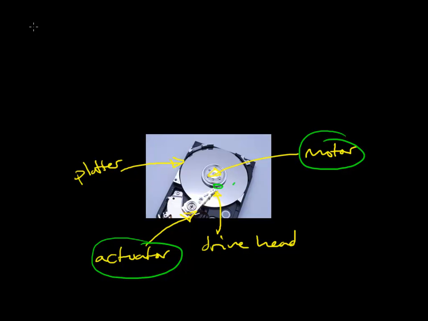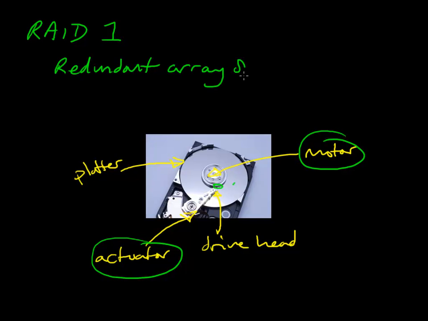So what they use to get around this is a system known as RAID. And there's many different numbers of RAID, RAID 0, RAID 1, RAID 6, and it goes on. However, we're going to look at a specific version of RAID called RAID 1. RAID itself means a redundant array of independent disks. And that's where we get the word RAID from, redundant array of independent disks.